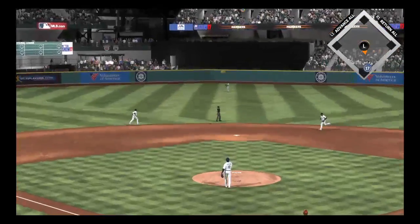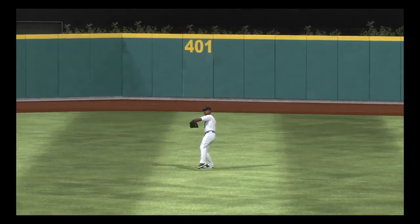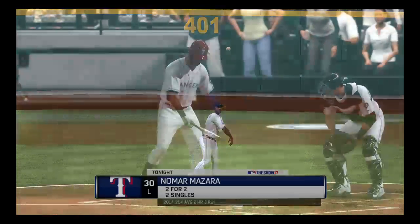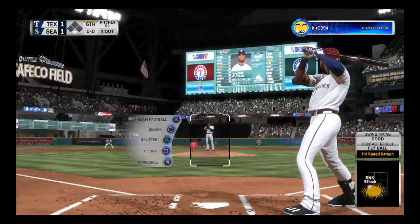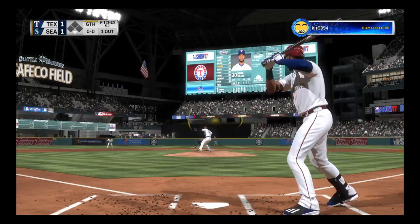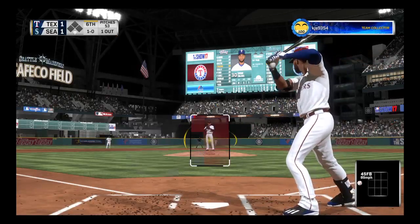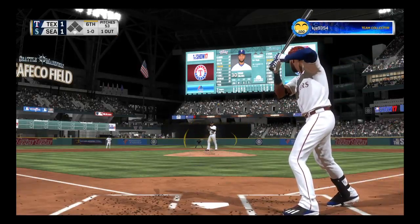Lifted into center field. Dyson patrolling center makes the play. 1 out. Digging in to try it again. Nomar Mazara. Couple of singles to his credit thus far. Off the plate and away there. 1 ball, no strikes. He's been doing a nice job out there on the mound, but the deeper you get